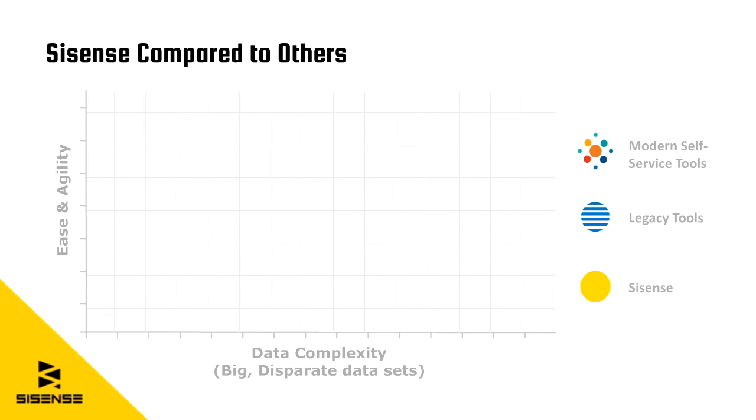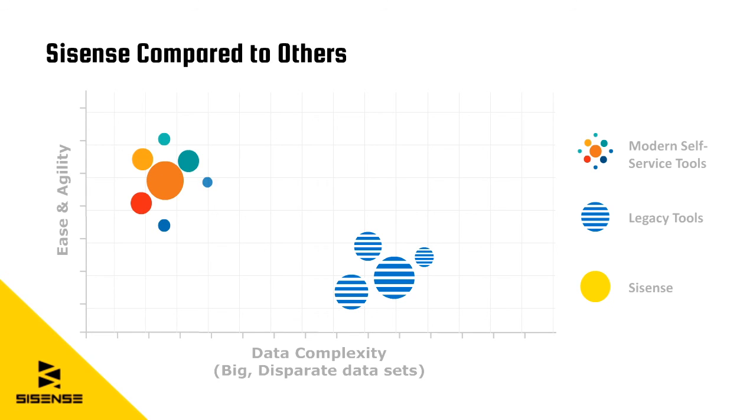So there was another question about how Sisense complements R. I think it's three things. There are two kinds of solutions around business analytics. If we look at the complexity of data and agility, there are solutions that are agile and make it easy to work with data, but they don't deal with the complex components. And then there are older solutions that deal with the complexity but aren't easy to use.